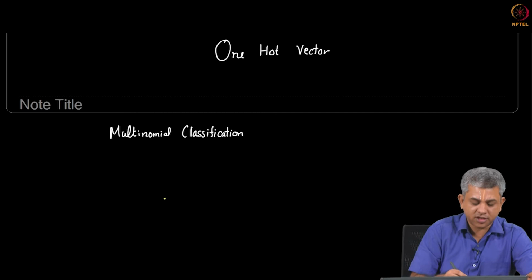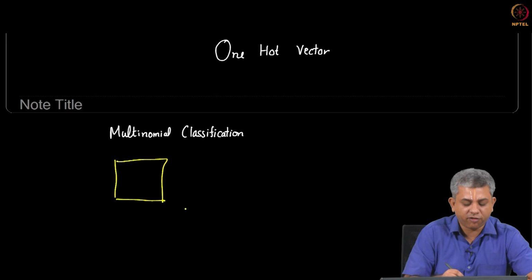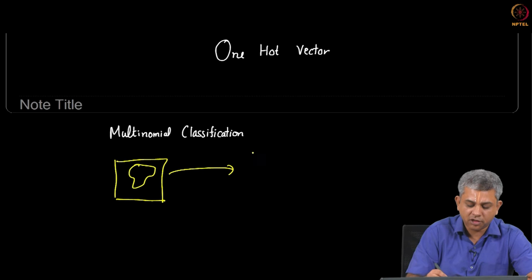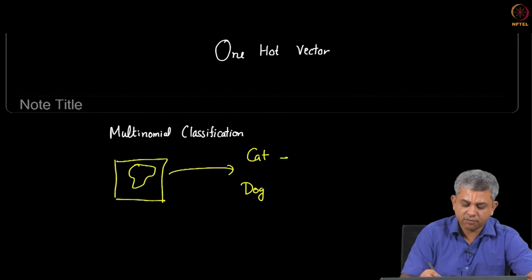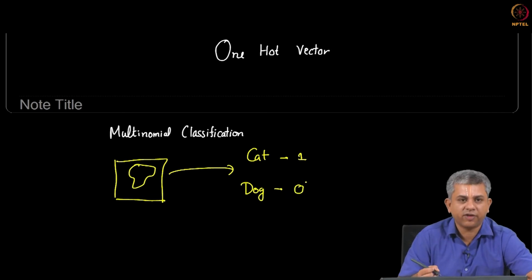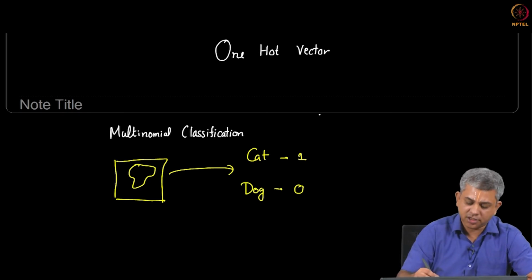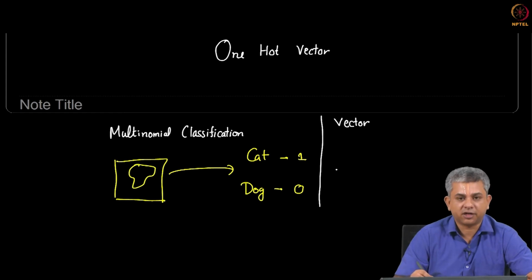So, let us say you have two classes, you have an image and this image is that of a cat or a dog, okay, and I want to represent the output. The output says either cat or it says dog. So, earlier we would simply call cat as class 1 and dog as class 0 or vice versa, either way it is a simple number. Okay. Now, in order to generalize for the multiple class cases, we are going to represent our output instead as a vector. Okay. So, the vector is going to have two elements.